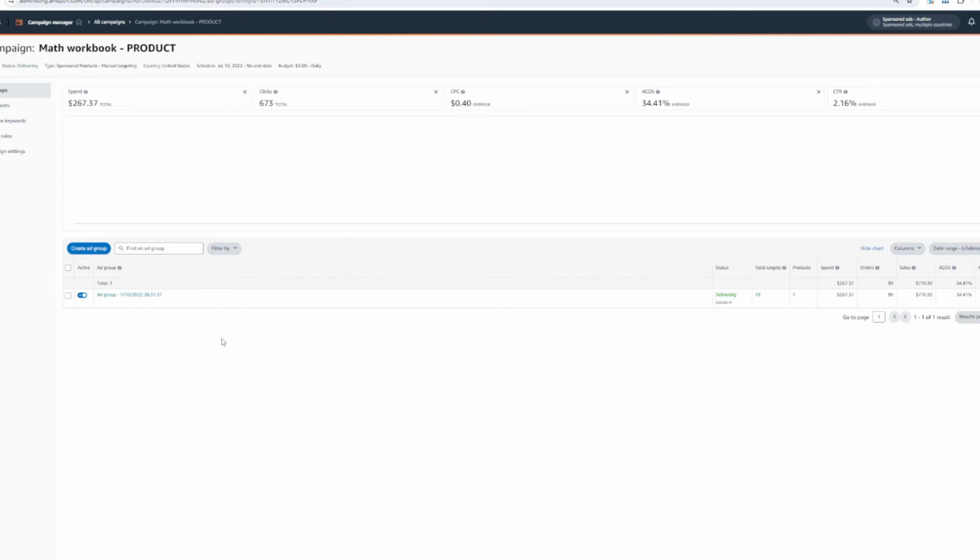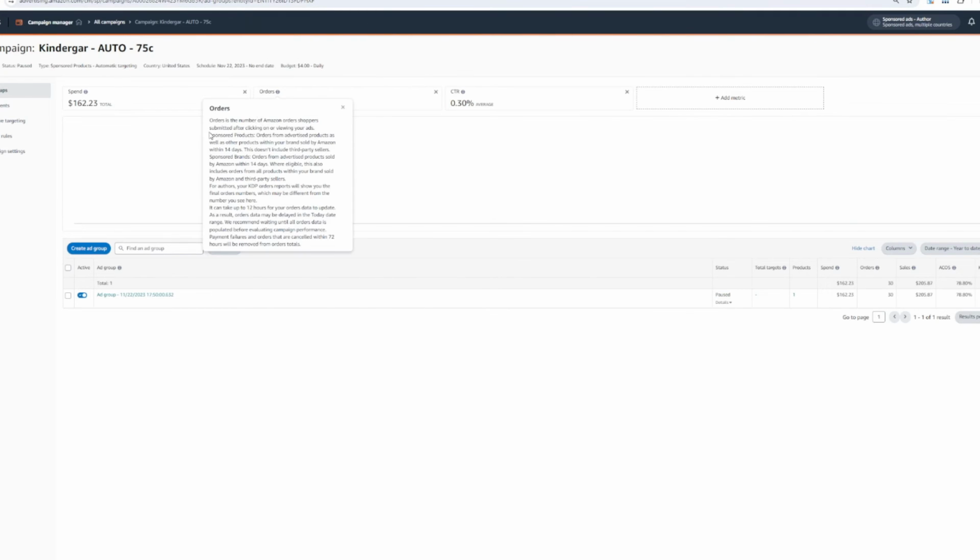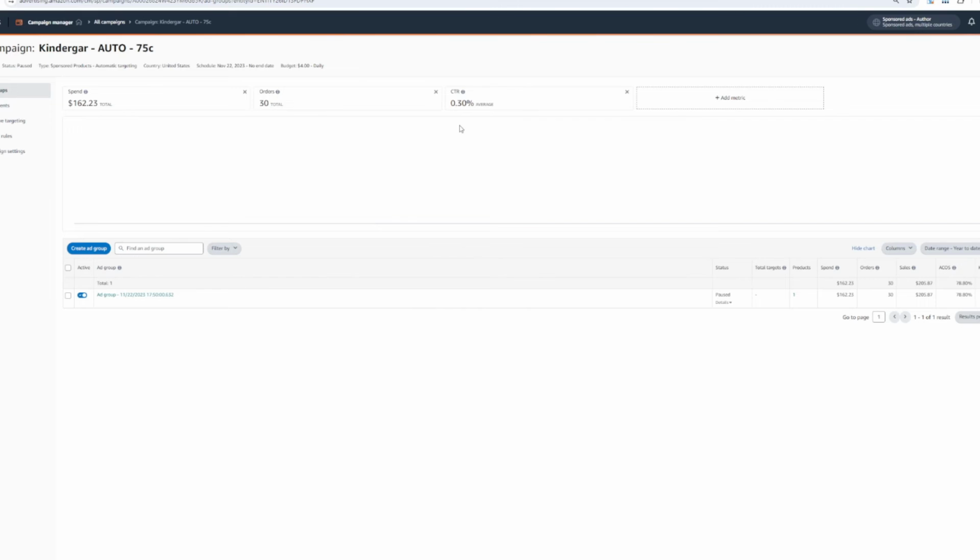But what we're looking at here to help us determine what template to go for our series of books is, as you can see on the right hand side here, the click-through rate. I'm using advertising data to help me determine which book cover is getting the most attention in terms of click-through rate. I looked at the layout for this addition and subtraction workbook, and the click-through rate is really good at 2.16%. I've paired that versus another book in this series, a kindergarten workbook, where the click-through rate is